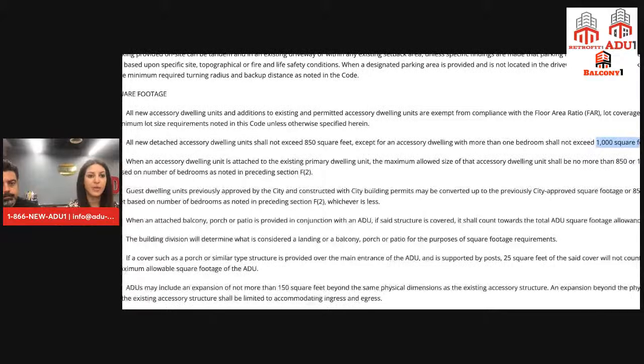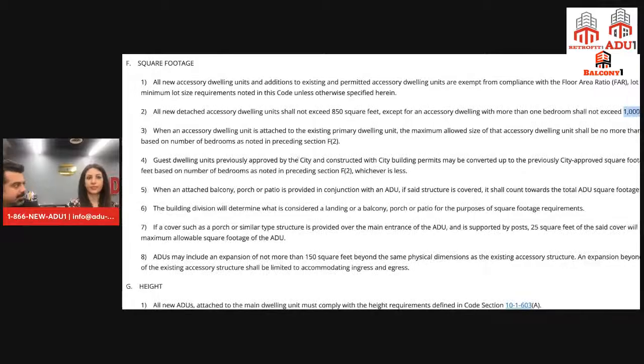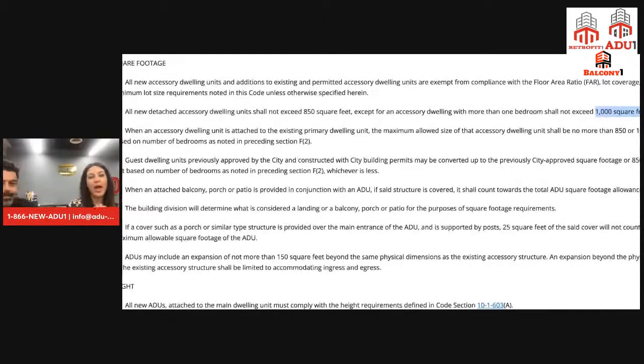That can still be a 3-bedroom, 2-bath. The living room might not be that large, but you'll still be able to get the number of bedrooms. Not as attractive as Los Angeles' 1,200 square foot limit, right? Right. However, from what I've seen, at least between the 1,000 and 1,200, there is that difference of construction cost,